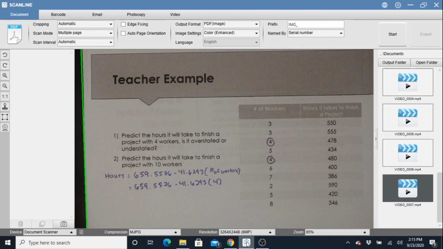Oops, that's not right. 1 second. So that gets me 493.0404. So basically what our prediction based off of 4 workers is that it would take